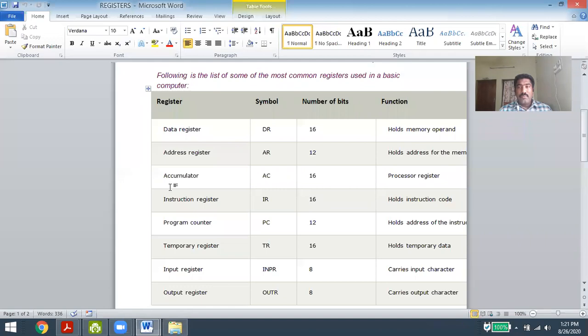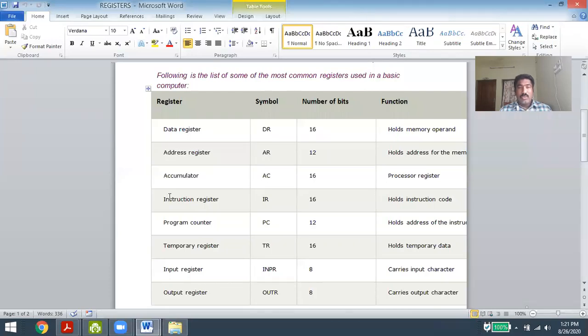We cannot perform register to register operations, so we will use the accumulator as a common component. We will discuss these operations later, how the accumulator works. For now, just remember, the accumulator is a processor register which is attached to the processor to do the processing.